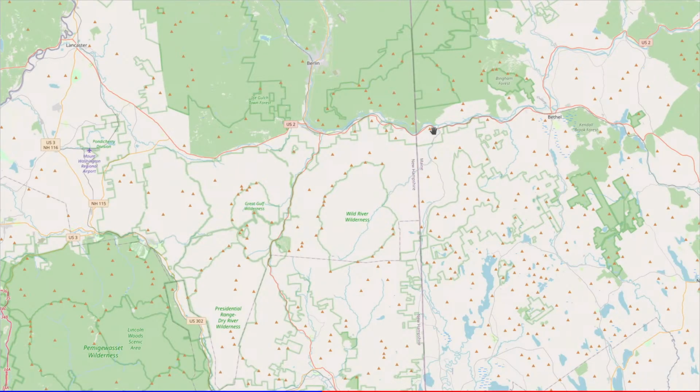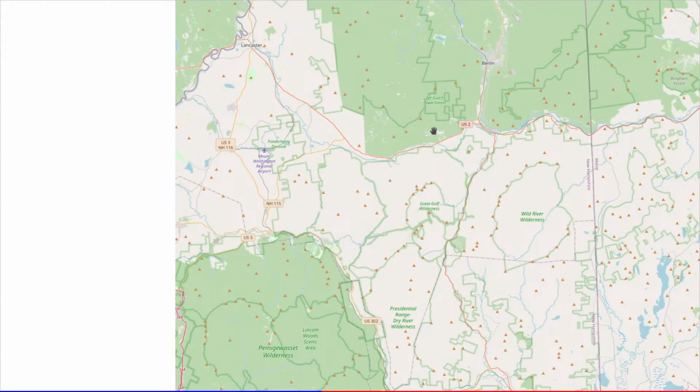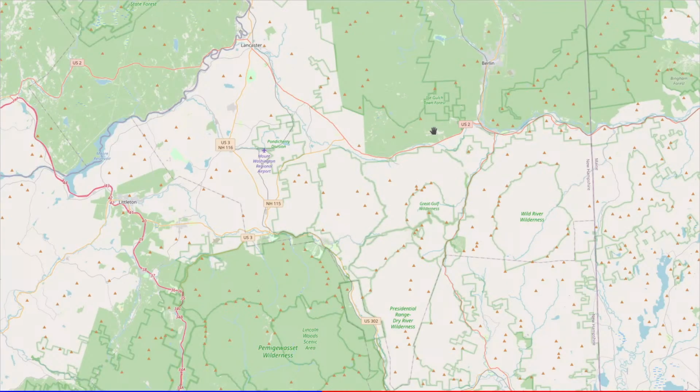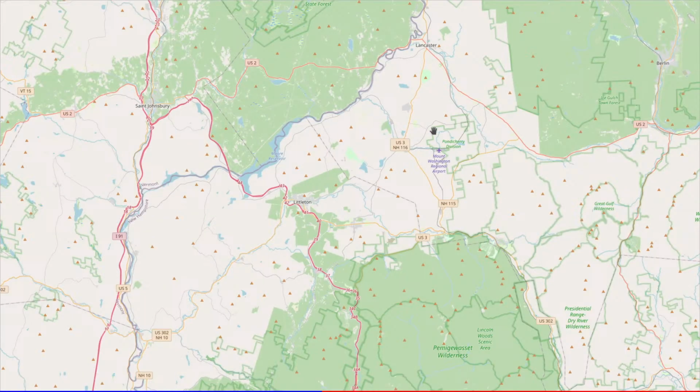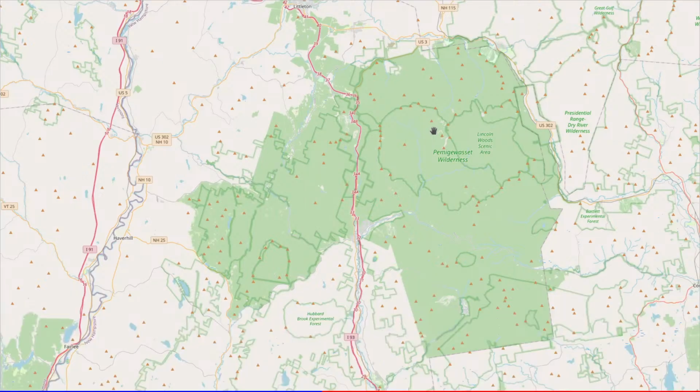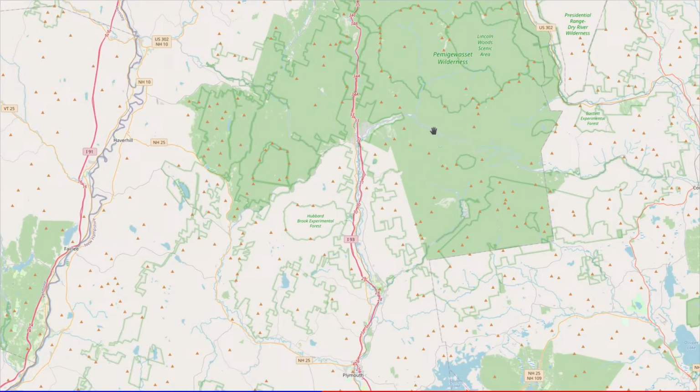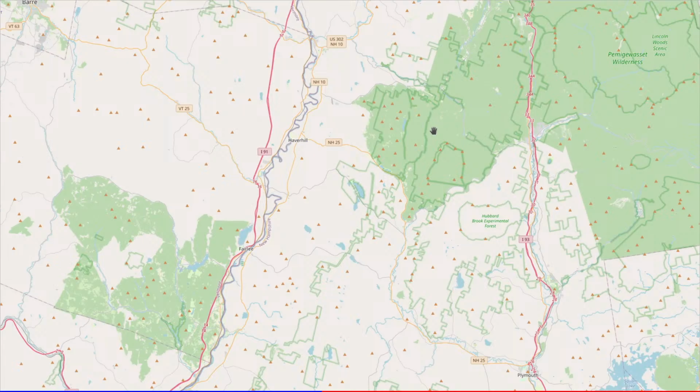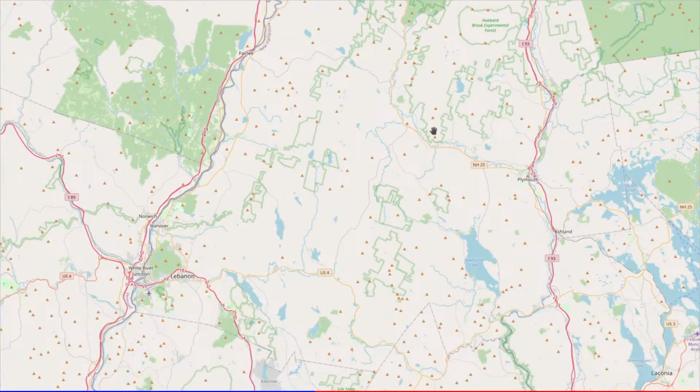Now, moving on to New Hampshire, you might see an interstate in some views, but this is US 2. This is a US highway, not an interstate. Now in Littleton and its area, we are getting closer to a freeway. It's actually I-93, so it's New Hampshire 25, I-91, Vermont 25. And yes, I-91. So usually the reddest color is the freeway color, and then the oranges could be anything, so